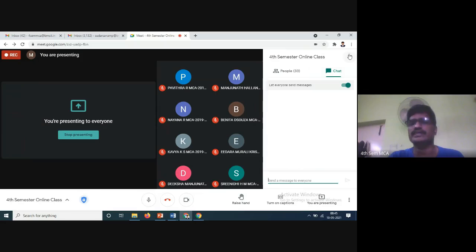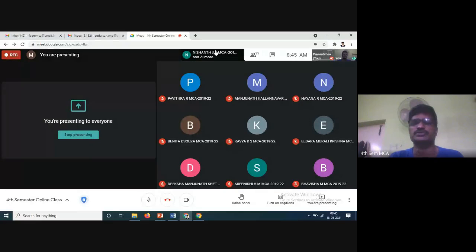See, all of you enter your register number and name in the message box. That is what attendance is; when you are entering, it will be stored in the message box. Because many people are not attending, still only 33. When we are taking attendance, you are coming. So don't come just for the attendance, try to learn something.